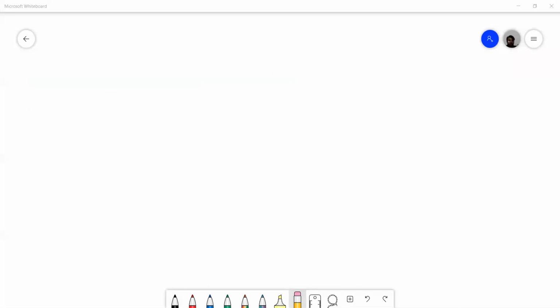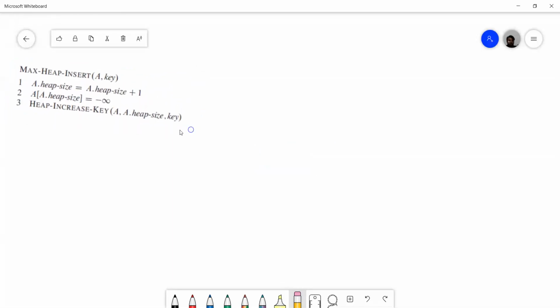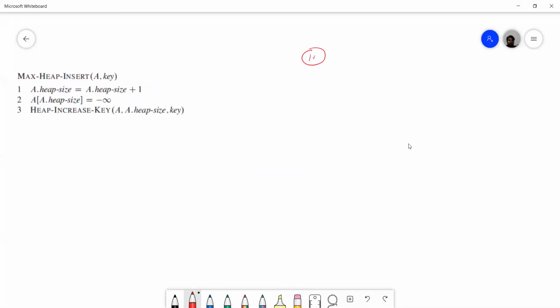That is heap insert. Again, suppose we have a heap here, and suppose we want to insert x equal to 65.